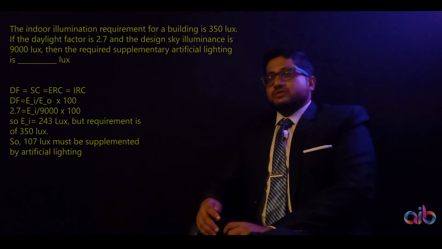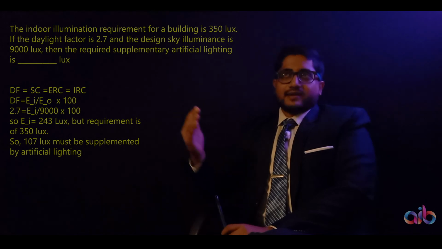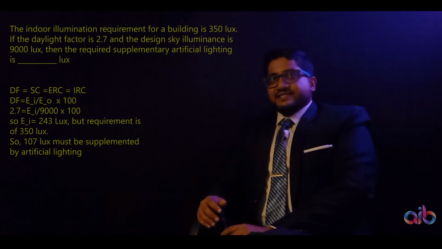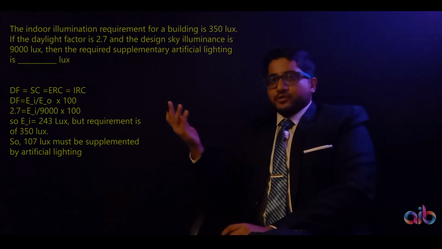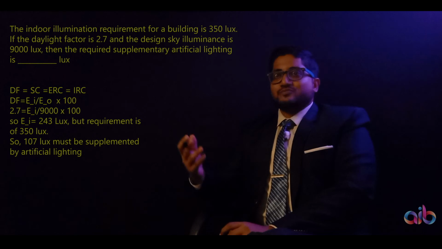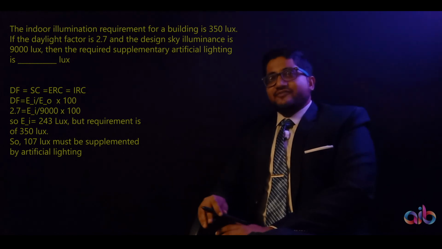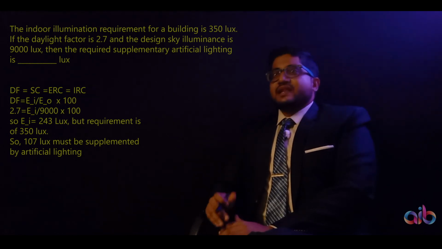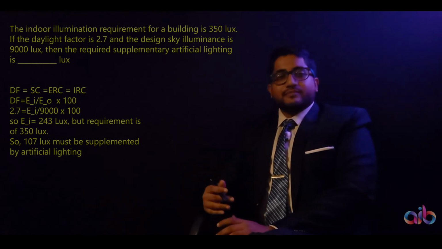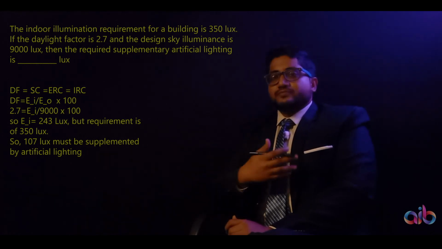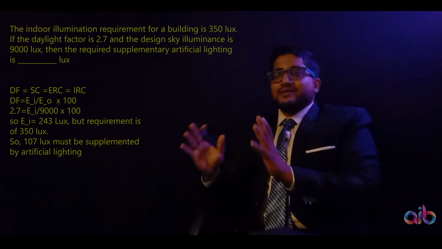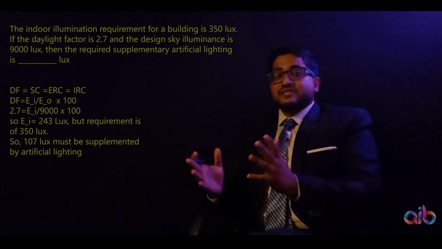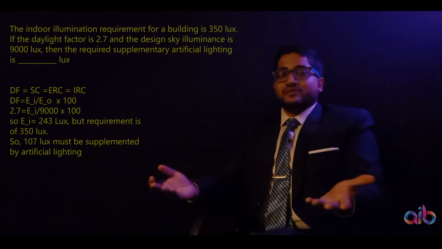So the daylight factor is the summation of the solar component, which is the direct light that comes from the sun, the externally reflected component, which is the sunlight being reflected off the neighborhood or anything that's on the external side of my space, and the internally reflected component, which is when sunlight, even if it is incident directly inside my room, will still bounce a multiple number of times off different surfaces and create an ambient light. So everything together gives the complete effect of the room's lux level.